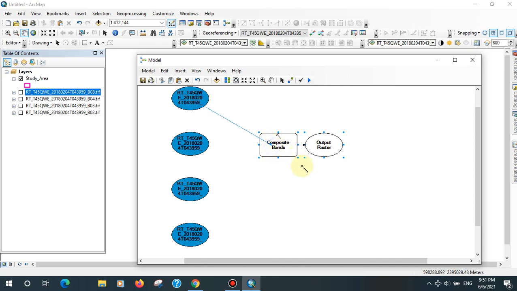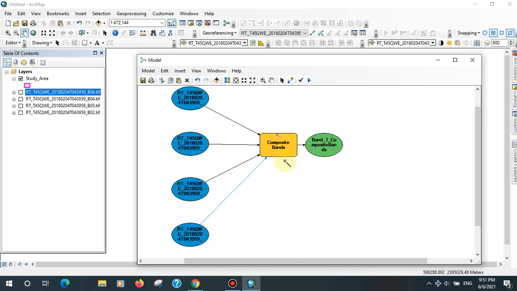Okay, input raster, just click and click here, input raster.